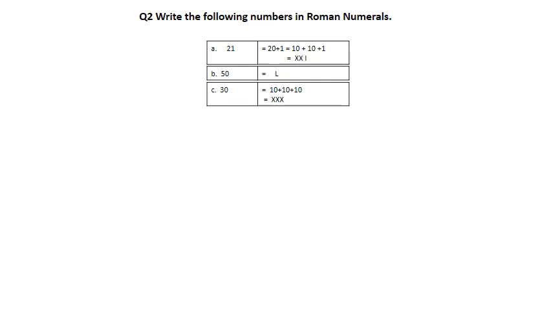Okay. Next one, 66. Students, this 66 we have written first in expanded form as 60 plus 6. Now again, 60 is not our basic symbol. So this 60 we convert into basic symbols: 50 plus 10 becomes 60. Now 50 is our basic symbol, 10 is also our basic symbol, and this 6 as usual. So the value for 50 is L, the value for 10 is X, and the value for 6 is 5 plus 1, V and I. So 66 is written in Roman numerals as L, X, V and I.